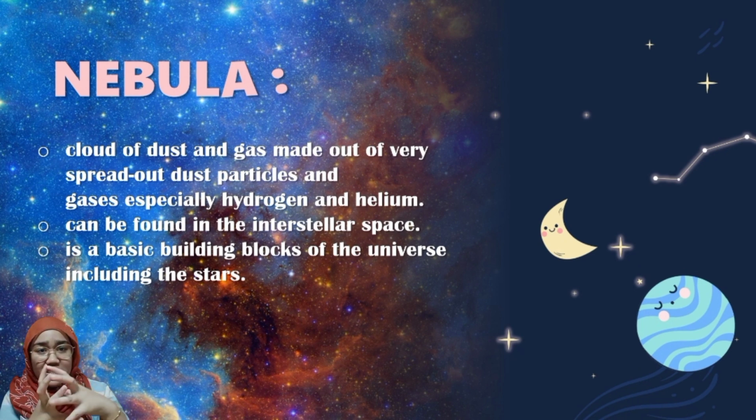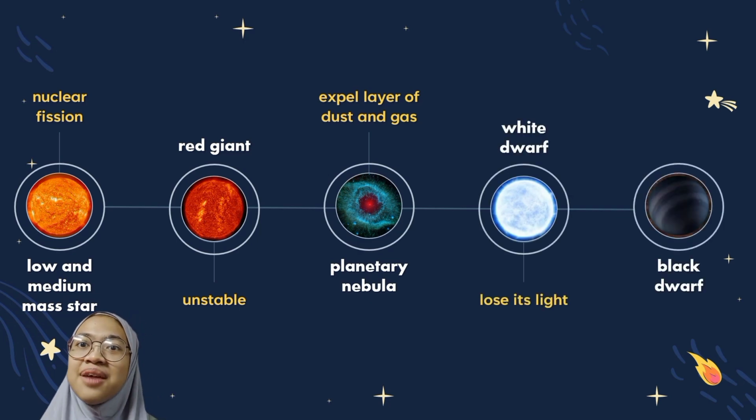Slowly, they contract, becoming closer to each other due to gravity, forming a clump known as a protostar. It will become bigger and the gravity will become stronger until eventually they reach enough pressure, so the material at the center starts to heat up. This is where nuclear fusion occurs, and this starts the beginning of the star formation. Either a one solar mass star or a massive star will be born. And now we will talk about low and medium mass stars.